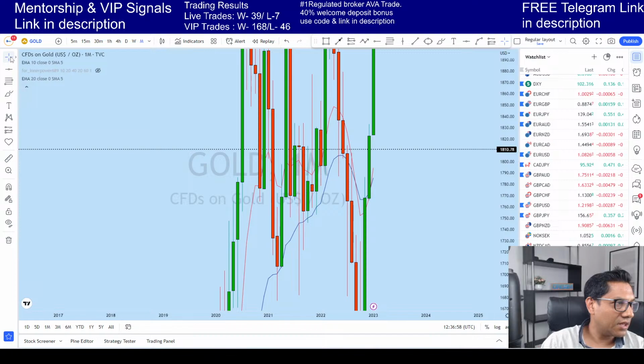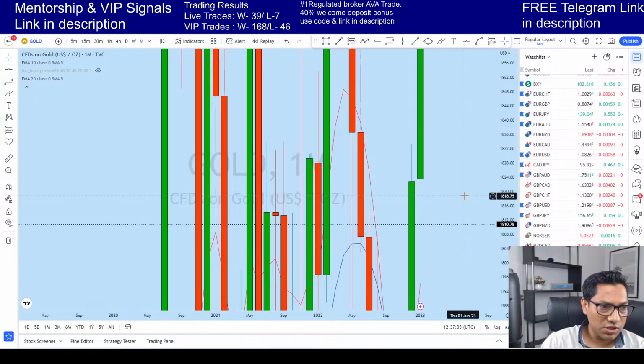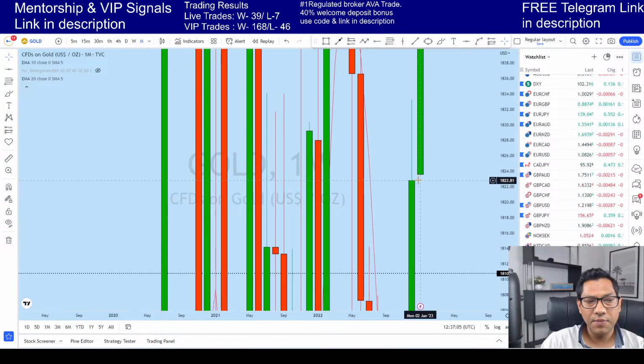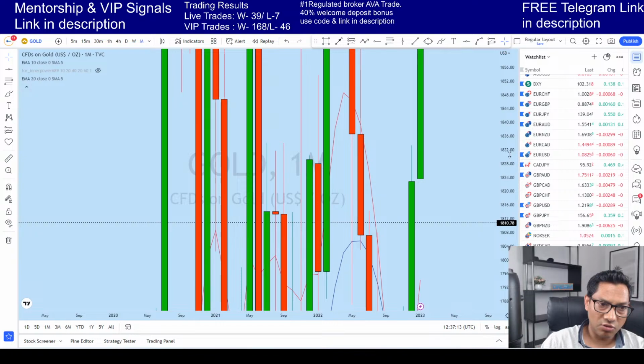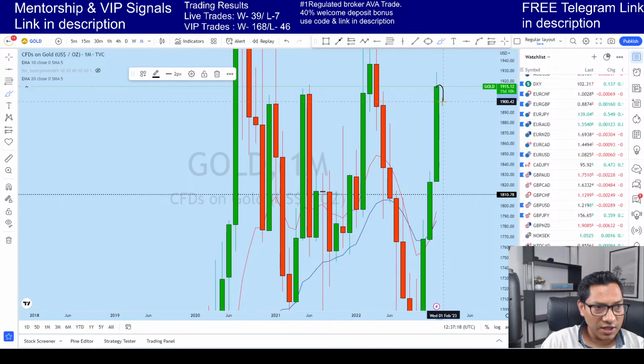And at the same time there is another confluence: if you closely look at the bottom of this monthly candle, you see there is a gap opening, and that gap has not been tested. And as you know, the market doesn't like to leave a gap unchecked, not at all. And if the price reverses on the monthly, there is a high chance that the price comes back here to fill that gap and then retreats again, or there is also a probability that it creates a long-wick monthly doji.